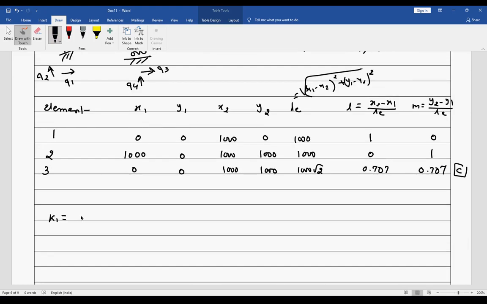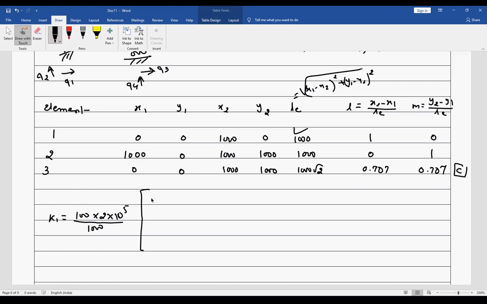So we have area 100 mm square, modulus of elasticity 2 into 10 to the power 5, length of the element 1000, and then I'll have L.